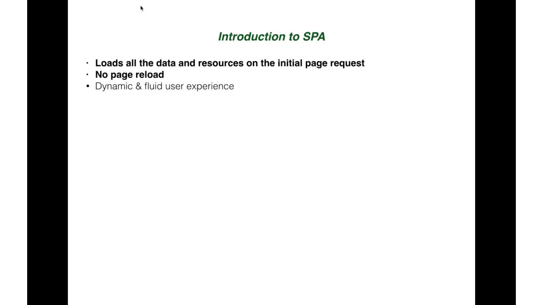Because there is no page reload that is actually required, users actually get a very rich and fluid and dynamic user experience. Okay.